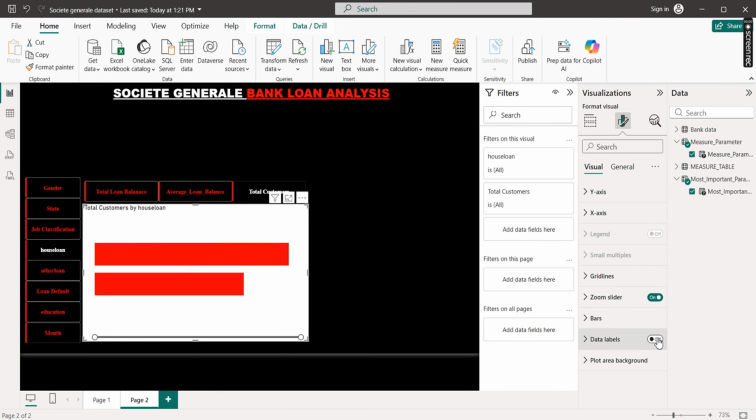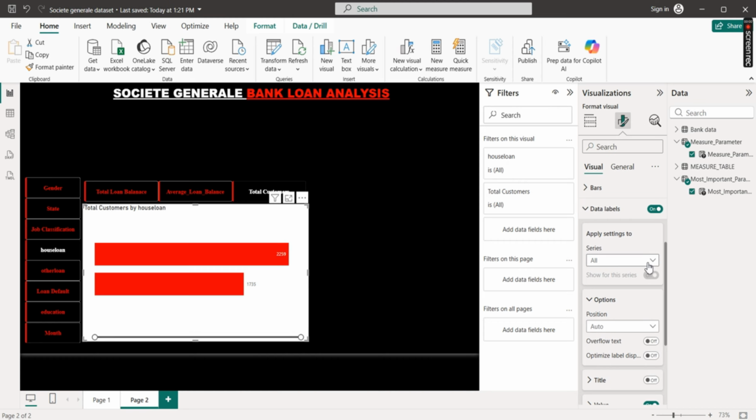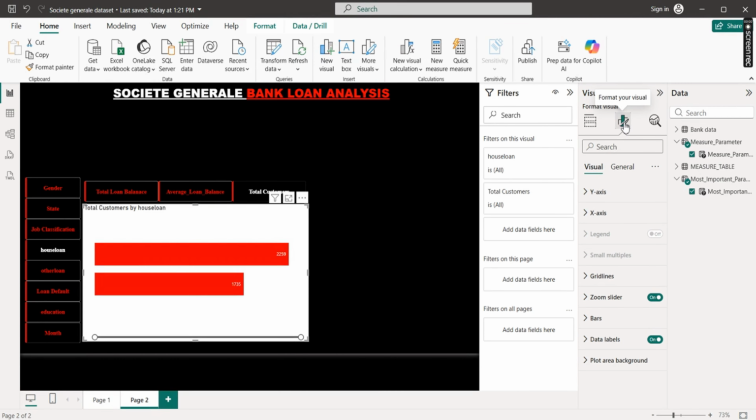And then we can put in some data labels. The data labels, I want them inside. If you want them outside, you are free to do that as well. I want them inside. Okay, so now I have my data labels and everything is fine,